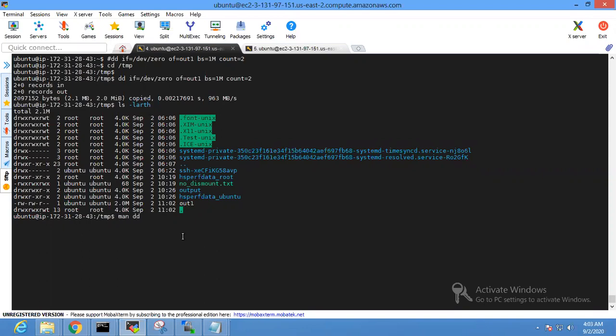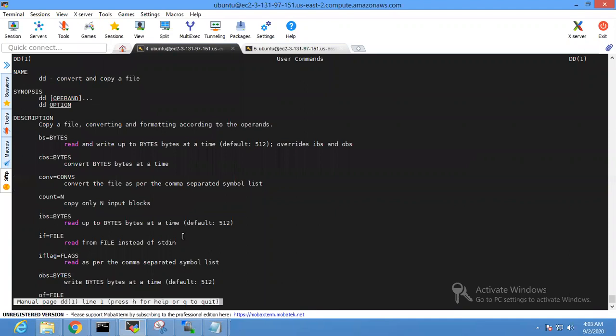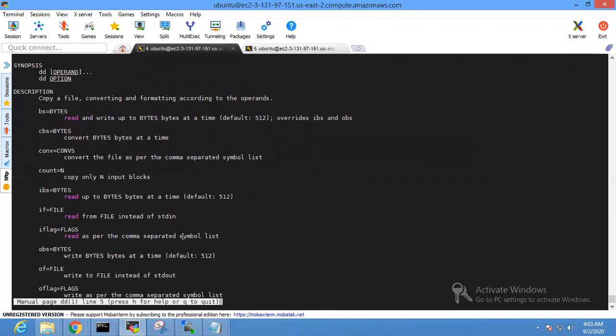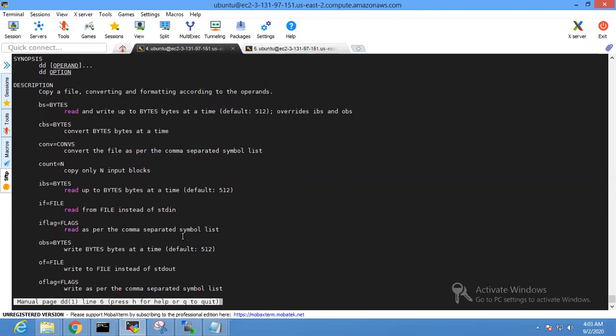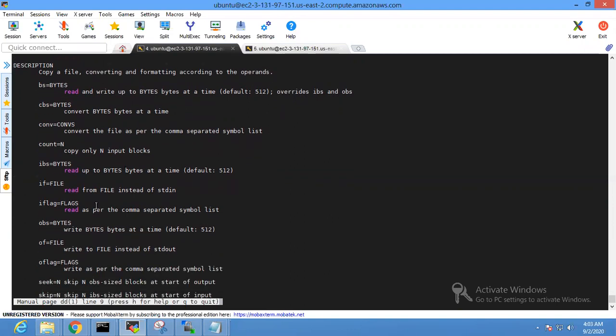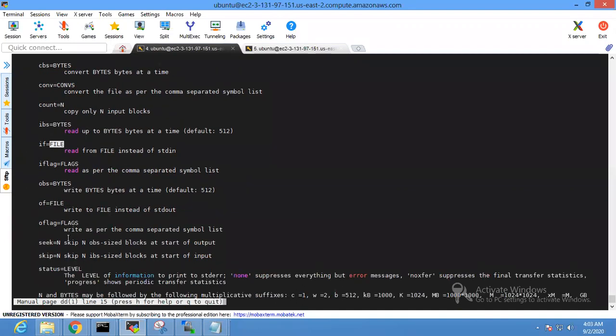If you go and check man dd, there are various options you can see. I'll just walk through a few of them. Here you have the counts. You can define the bytes. You can define the file name. You can have seek. Seek is another option when we want to create a sparse file.